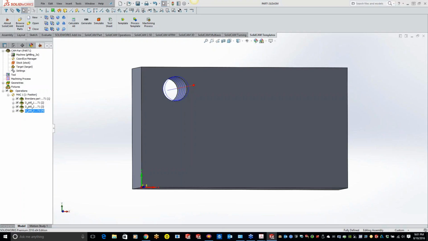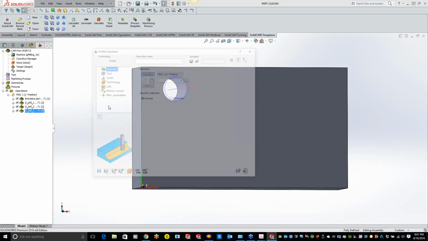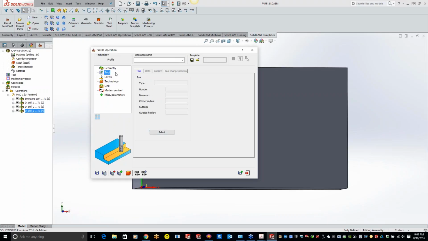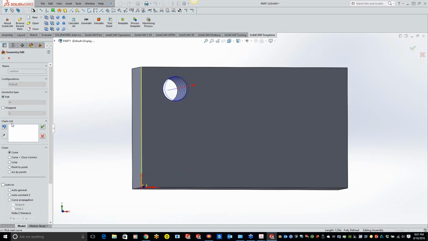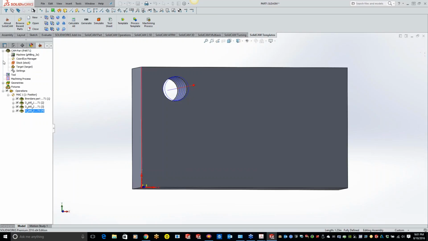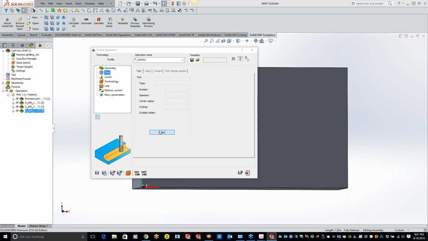But for a standard template, let's just add a milling profile, grab tool, geometry, and hit the green check mark, and we'll just add a tool.